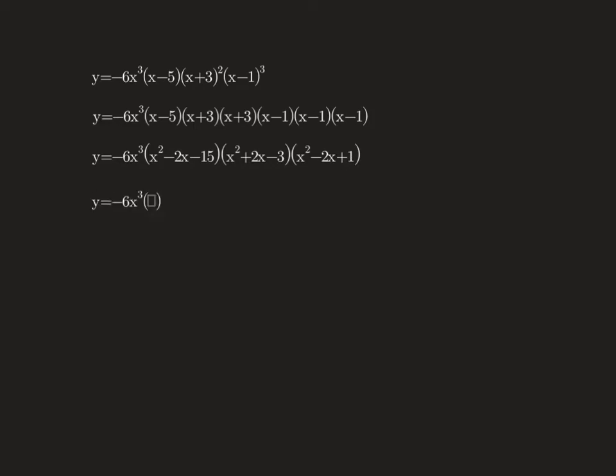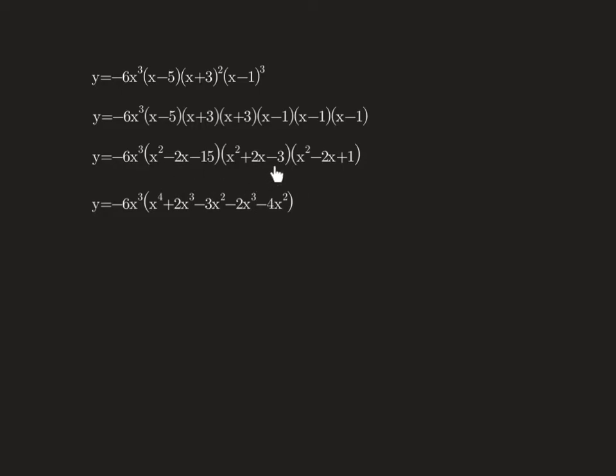Alright, here's where it's going to start getting ugly. I'm going to multiply this degree 2 polynomial with this degree 2 polynomial, and those two together are going to become a degree 4 polynomial, as you see. Now the way to do that, I'm going to say x squared times x squared, which is x to the power of 4, x squared times 2x, which is 2x cubed, x squared times negative 3, which is minus 3x squared, negative 2x times x squared, so minus 2x cubed, negative 2x times positive 2x, which is minus 4x squared,